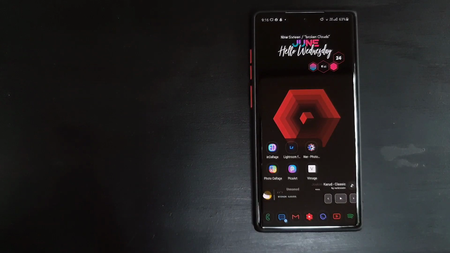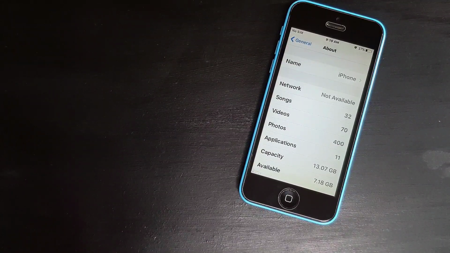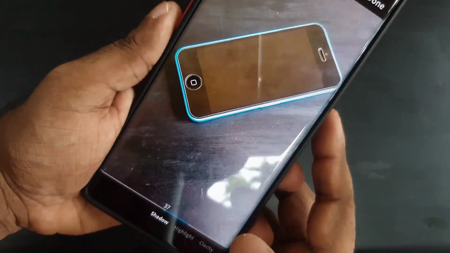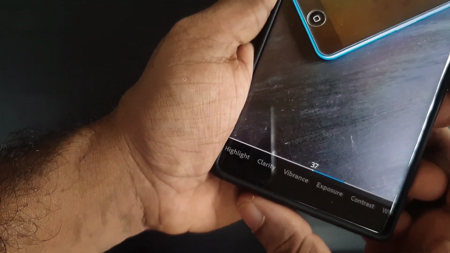I love the fact that everything is built into this app, which makes things more easy and convenient. The reason for that is that you don't need to have many apps installed on your device, which will basically fill up the phone storage as well, especially if you are an iOS user. And also this app helps you to edit your photos as soon as you capture them or before capturing it.